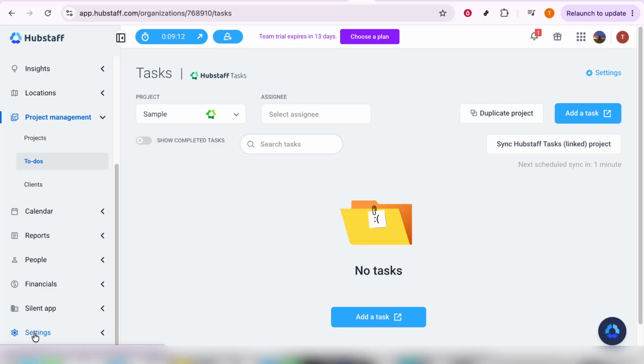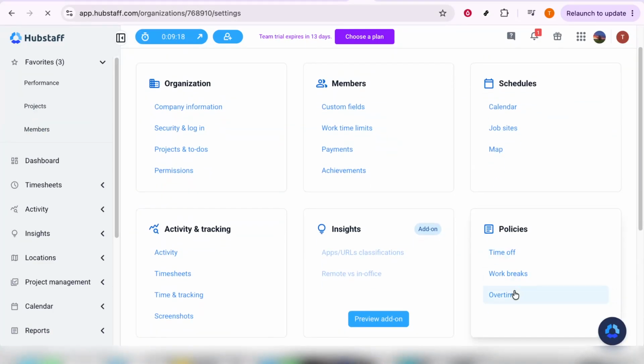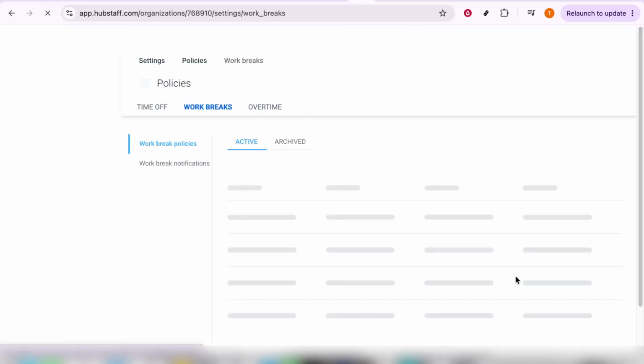Next, after you've entered the settings menu, you're going to look for another tab called Policies. These settings allow you to manage how work and breaks are tracked in your organization. Go ahead and click on Policies to see the options available to you. As you navigate through the Policies section, you'll notice an option specifically marked Work Breaks. Click on it. This section is dedicated to helping you structure breaks within the workflow, whether for health, productivity, or